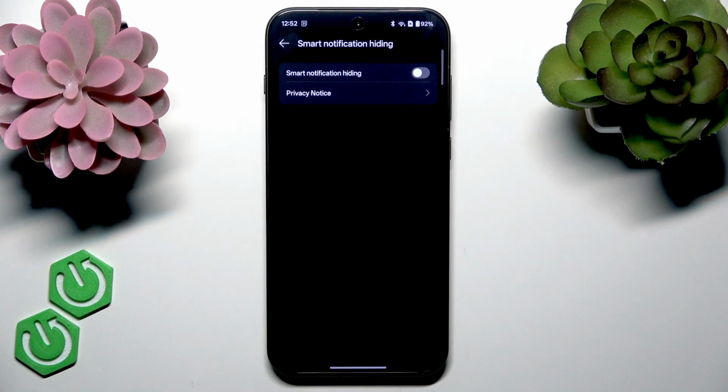So that's how you can use smart notification hiding feature on your OnePlus 15 phone,